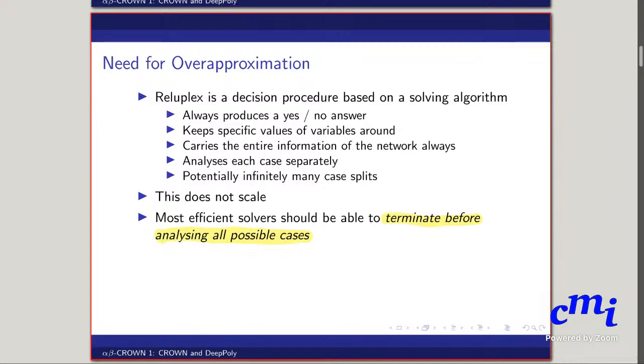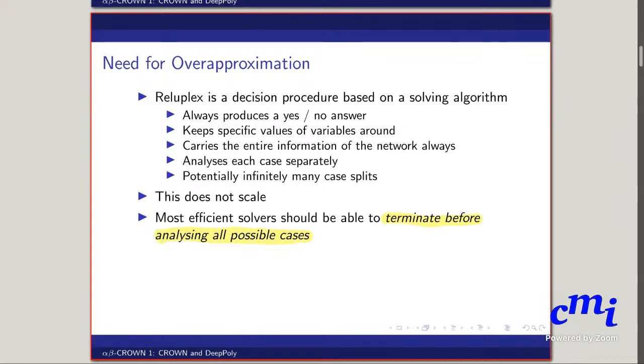While there are potentially a lot of benefits in terms of it being solver agnostic, the networks being much smaller, and you can keep the networks around for future analysis, it's finicky in that you really need to be careful about what you're merging and how you're merging, and it's not clear what choices lead to good performance. So of course that does terminate before analyzing all possible cases,